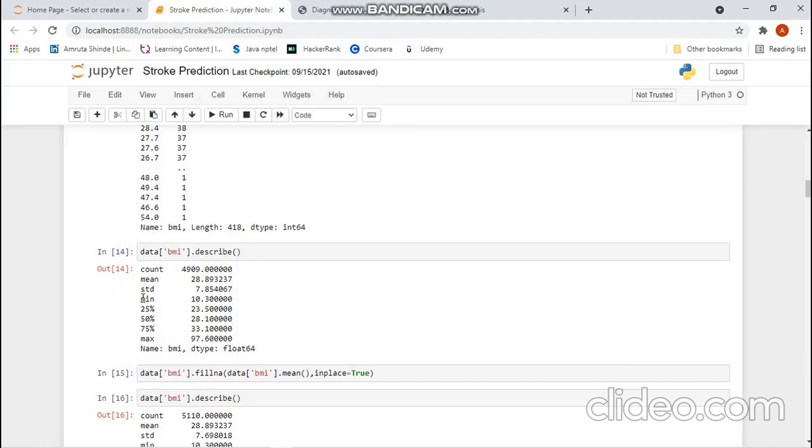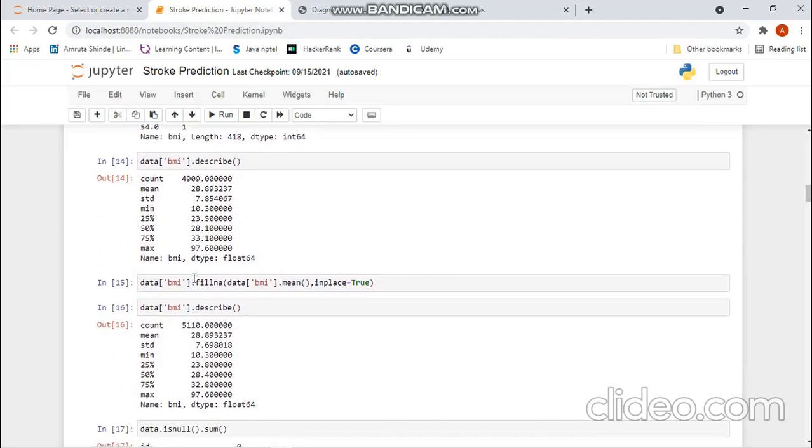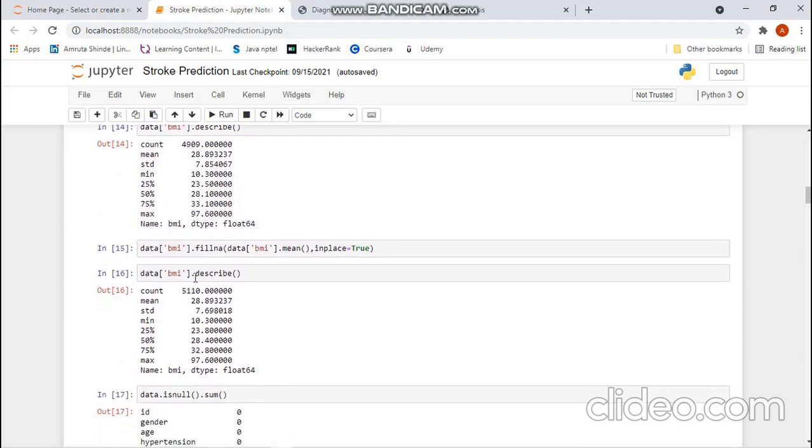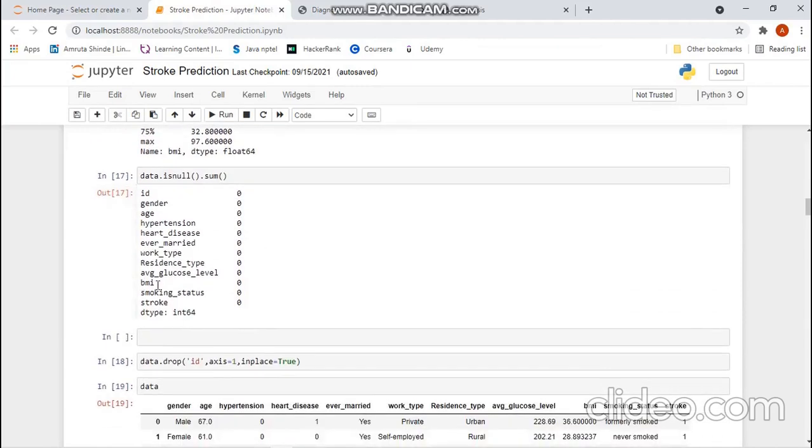You can even fill it with minimum or maximum. I've filled it using the mean value. So for this, I have used the fillna function, and using inplace, I have made permanent changes in the dataset. So here again, you can see that now there are 0 null values as we have filled it with the mean value.